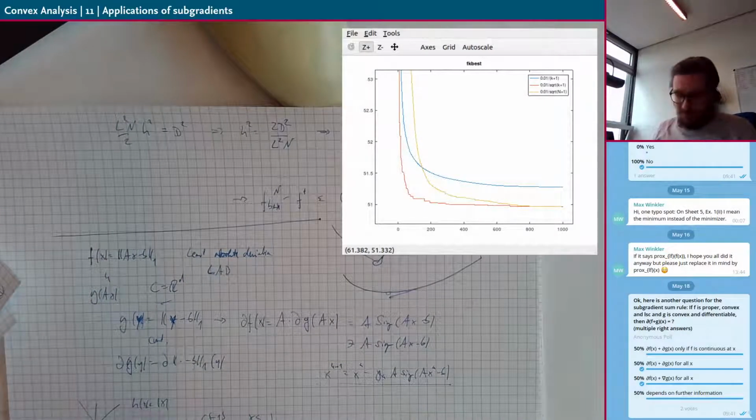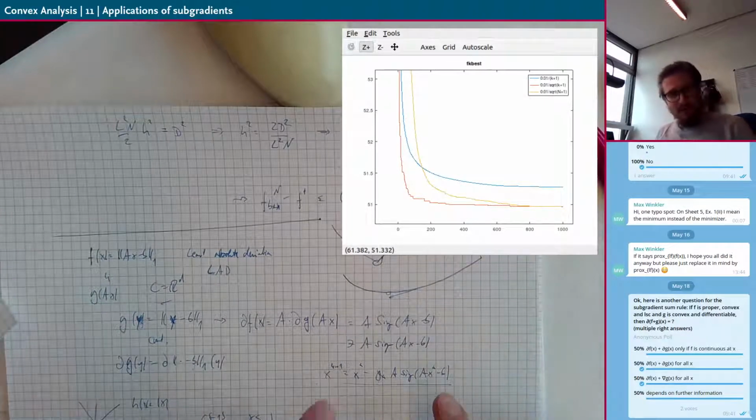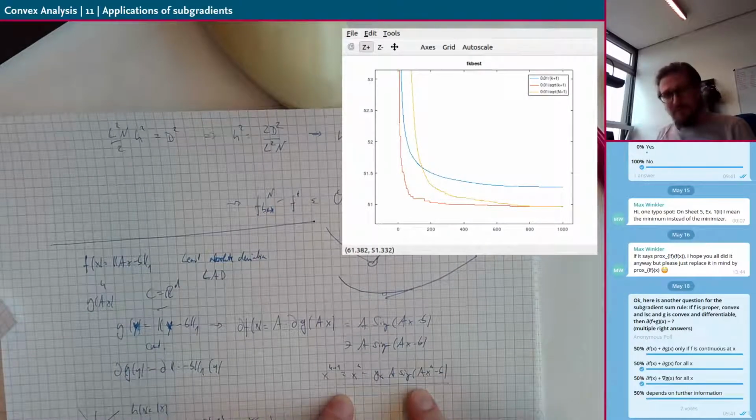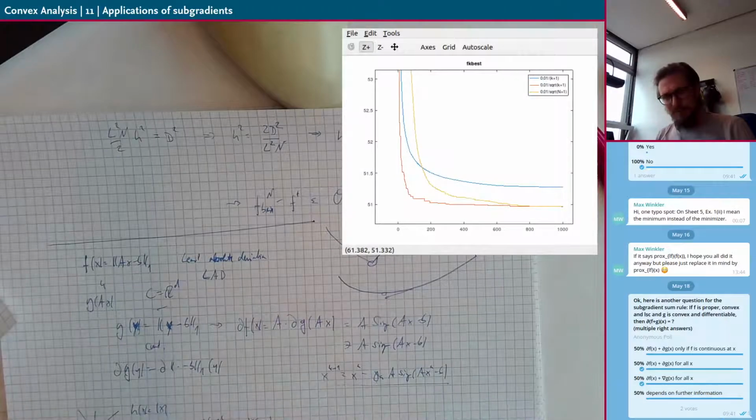Okay, and it will be true that the algorithms that you're going to derive are also still very simple. There's not much tuning around. We always try to derive algorithms which are so simple